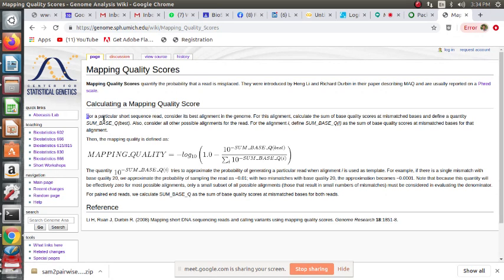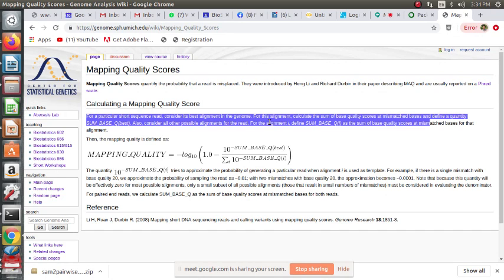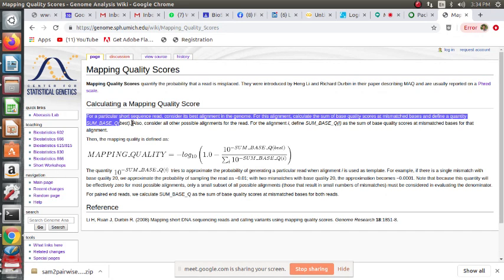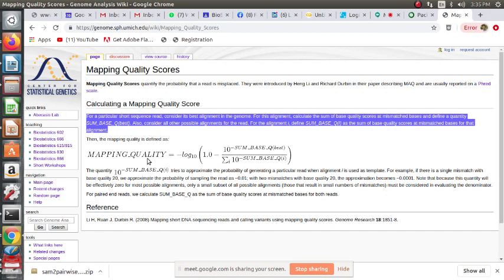For a particular short read, it considers the best alignment in the genome, and for this alignment, calculates the sum of the base qualities at mismatch bases and defines a quantity sum_base_q of best. Also consider all other possible alignments for the read. For the alignment i, I define sum_base_q of i as the sum of the base quality at mismatch bases for that alignment. Then the mapping quality can be defined as this.